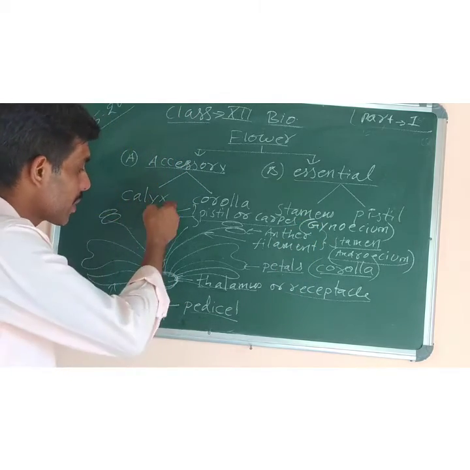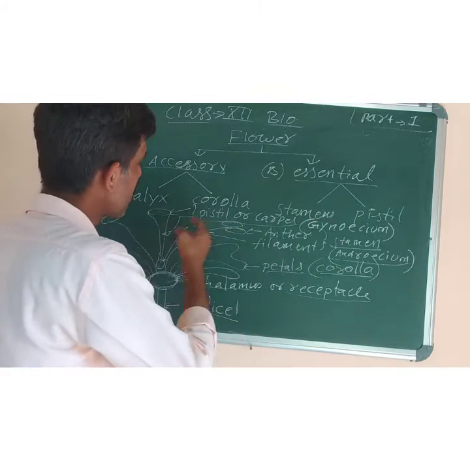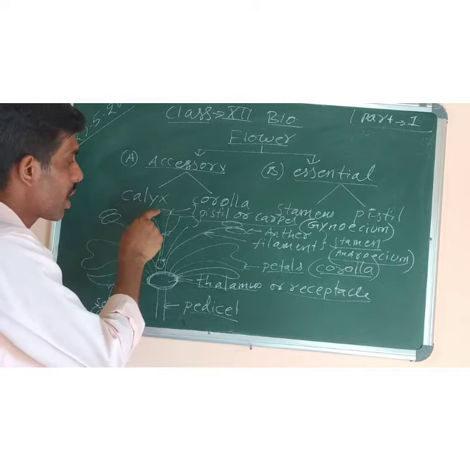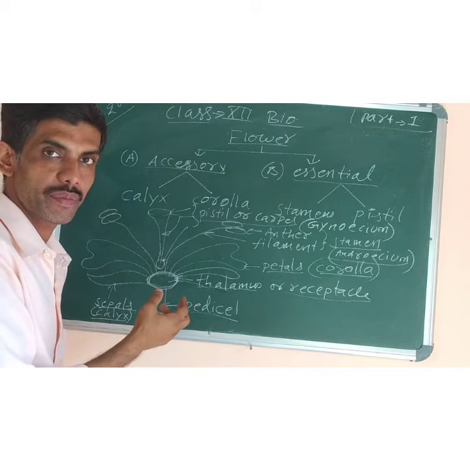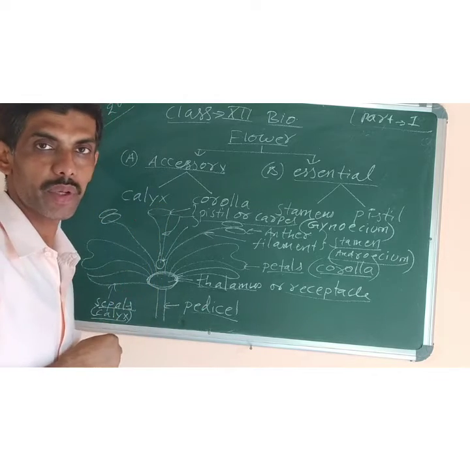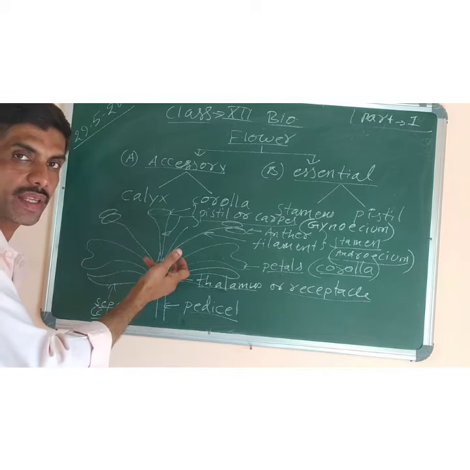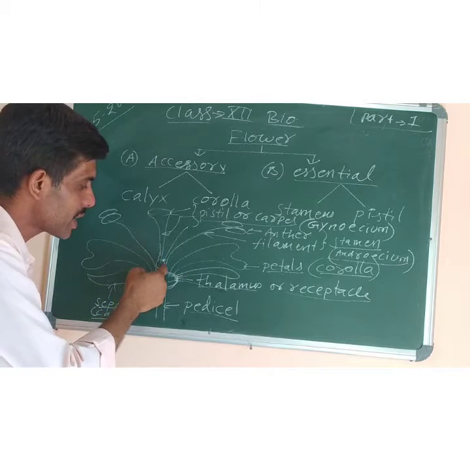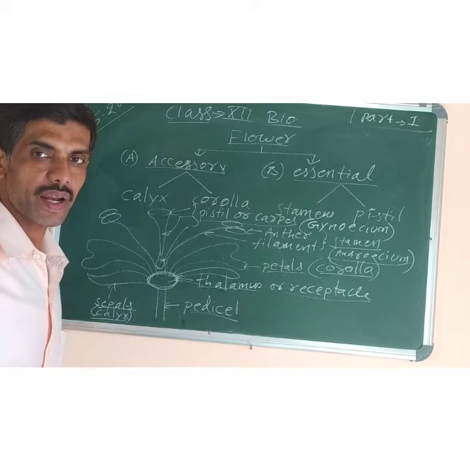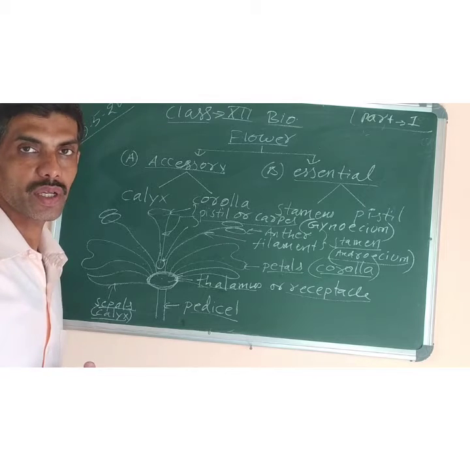Then we have the female part of the flower, which is known as gynoecium. And each gynoecium consists of three parts. A broad flat stigma on which the pollen is deposited by wind, water or by insects. So it is the receptive part for the pollen grains. Then we have a long stalk which is known as style. It is sterile, and at the base we have the swollen ovary in which the ovules are present. After fertilization, the ovary changes into fruit and the ovule develops into seed.